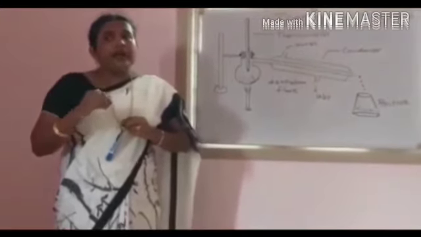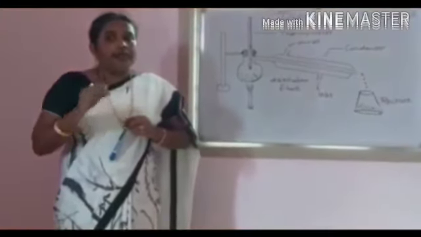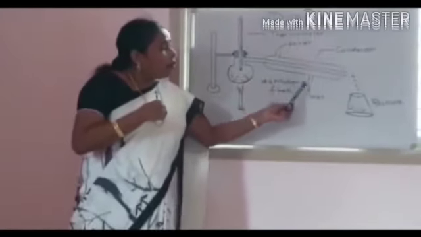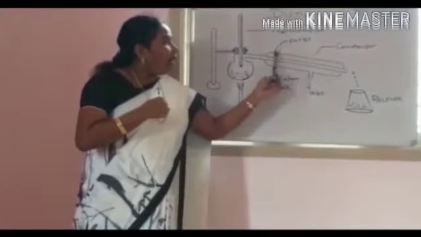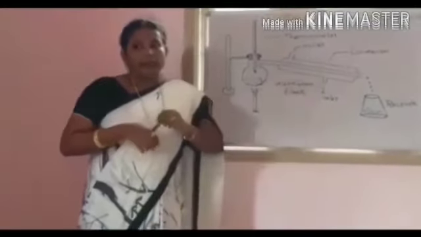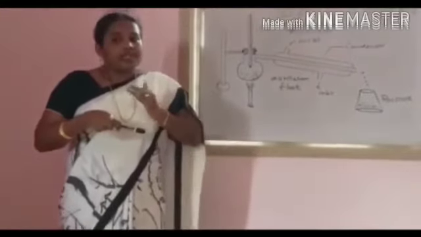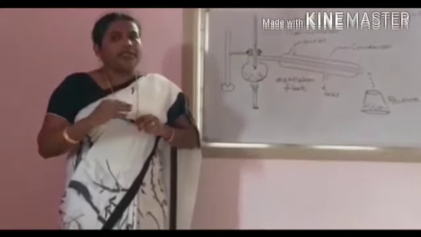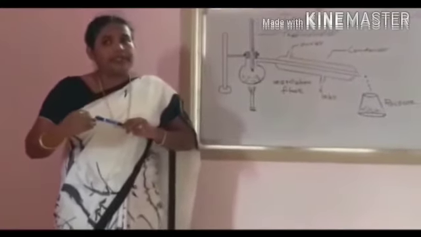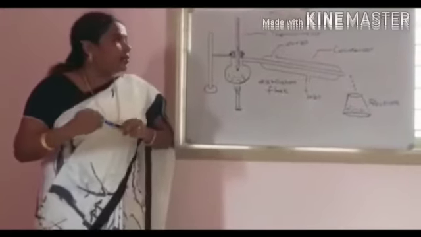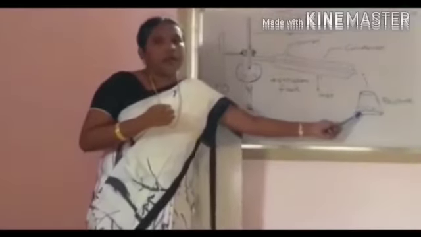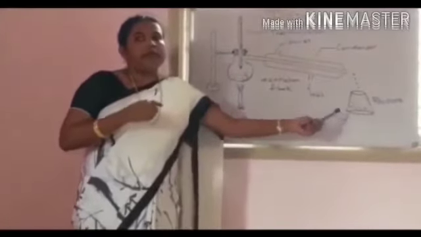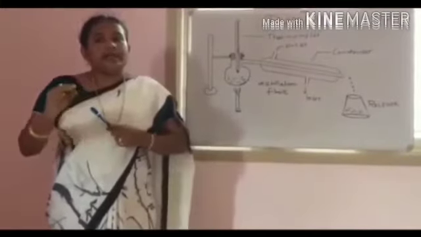The condenser has a central hollow section through which the vapor passes, surrounded by another section. Cold water enters into the bottom and exits at the top. This will be constantly running against the direction of the vapor. This cold water causes the temperature of the vapor to decrease, so it gets collected as liquid in the receiver. Now acetone is collected as a distillate in the receiving flask. Just like that, distillation is achieved.